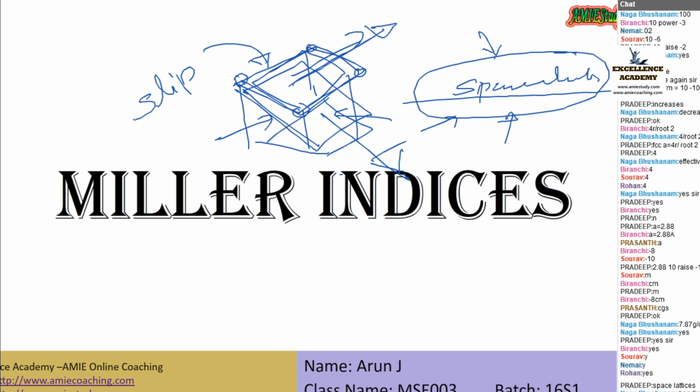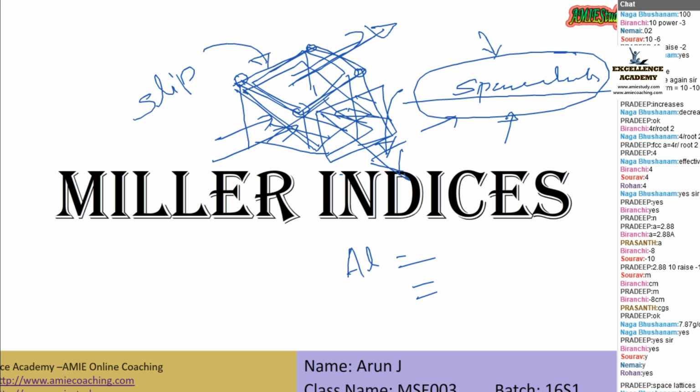So we have to give some name to this certain plane, and we have to give some name to this direction. Am I right? Then only very easily we can quote that yes, for aluminium, the critical planes are so and so, the critical directions are so and so. So what is the benefit? Yes, we can make certain structures there, so that it will block the slippage.